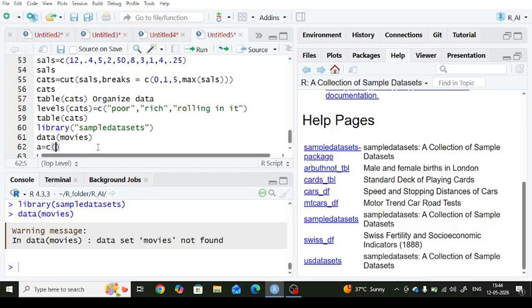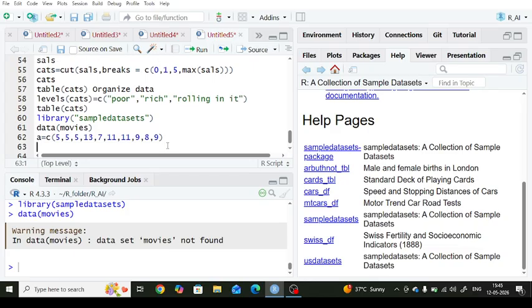and I write here multiple values like 5, 5, 5, and let's create a dataset: 13, 7, 11, 11, 9, 8, 9. Another dataset we will create, b, is another dataset